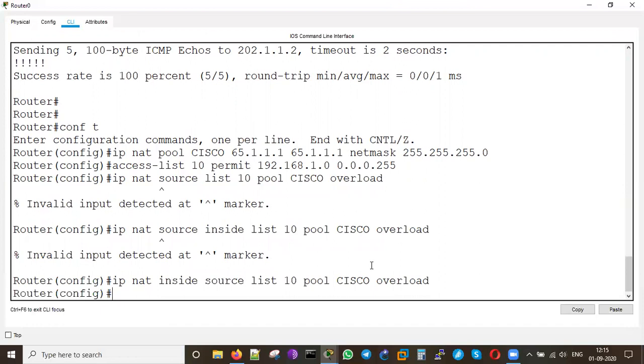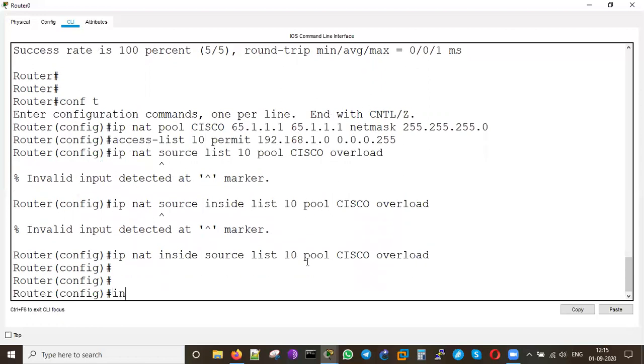Sorry for my mistake. It's ip nat pool Cisco. We are using the same word Cisco. The access list is 10, so I'm doing the 10, and I'm mapping the internal subnet, whatever the pieces are remaining on the inside interface. So I just given this.